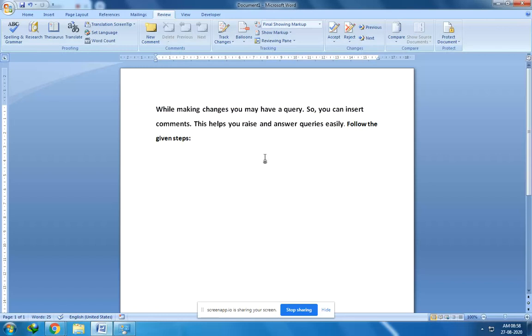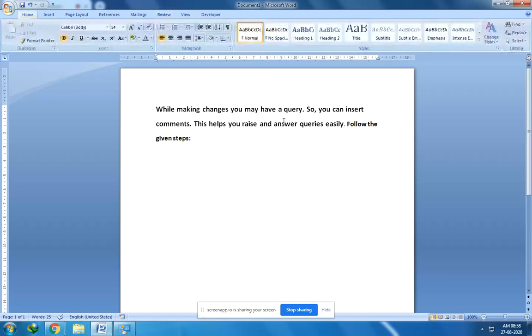First of all, you have to select the section where you want to ask for a comment or you want any answer from the proofreader. So I'm going to select this section, and here after selecting this section I have selected a query.